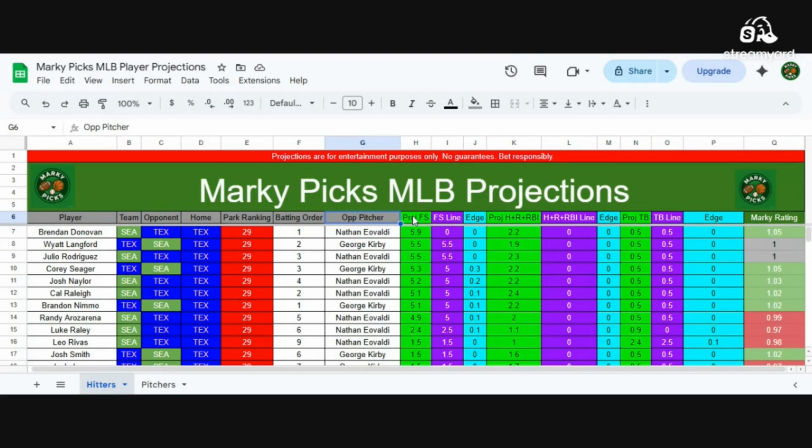Now we're into the juicy stuff here in the sheet. Projected fantasy score for the hitters right here in column H. Basically, these are the fantasy scores that I have projected for every player on a given MLB slate. And I'm going by PrizePicks fantasy scoring, and I believe DraftKings fantasy scoring as well. I don't know if FanDuel has the same scoring method. I'm pretty sure they're all relatively the same in terms of fantasy scoring